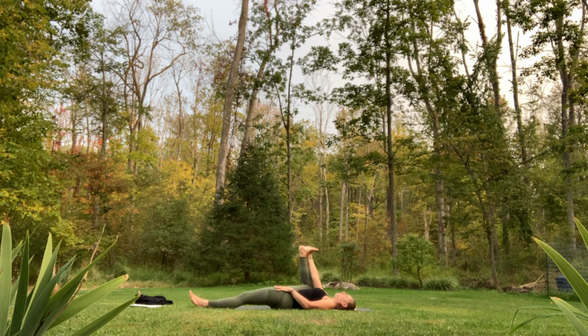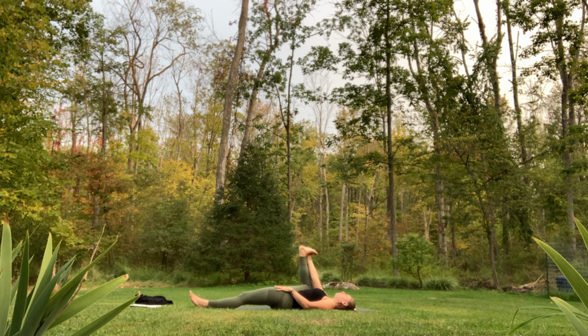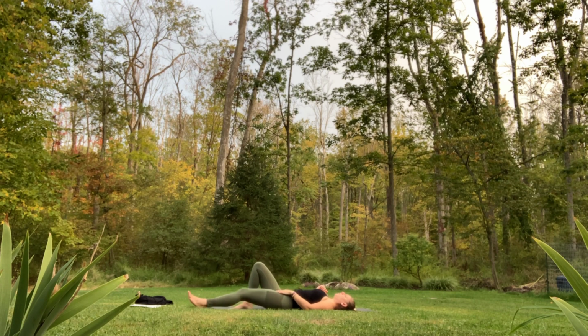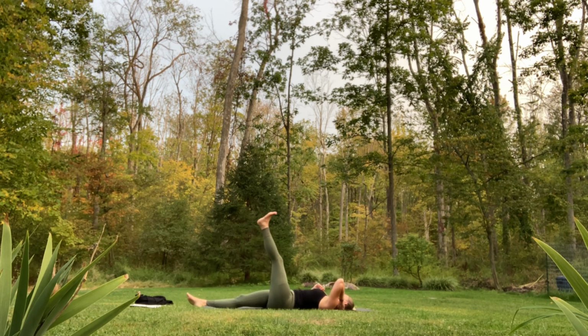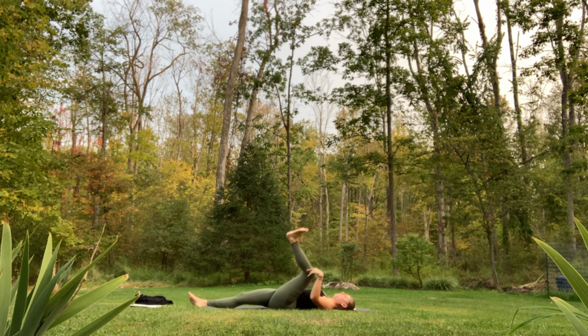Breathing in to the space that you're creating here. Really flexing through the right foot a lot. Go ahead and release the grip of your foot. Sending the right leg long in front of you now. And raising the left leg to the sky, flexing through the left toes, and then bending at the left knee,